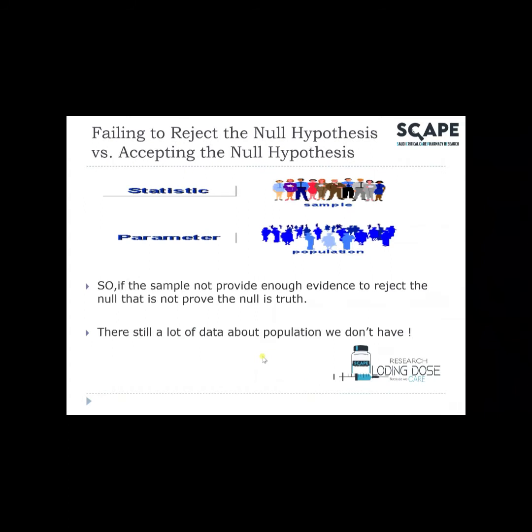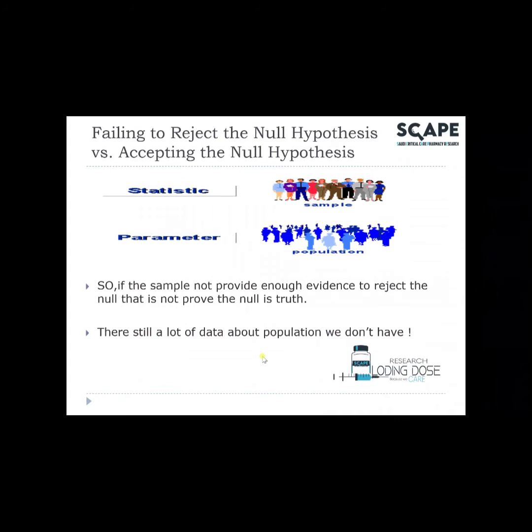And if the sample we have does not provide evidence to reject the null hypothesis, that is not proof the null is true. And the reason is that there is still a lot of data about the population we don't have. So if the sample cannot prove